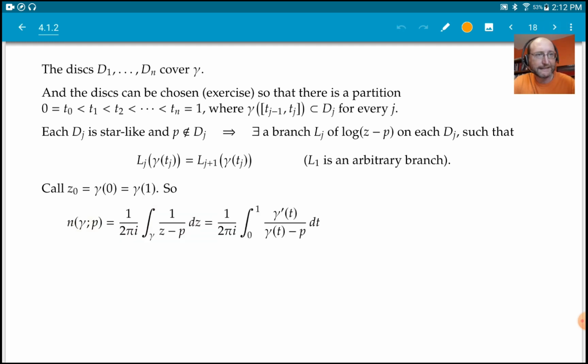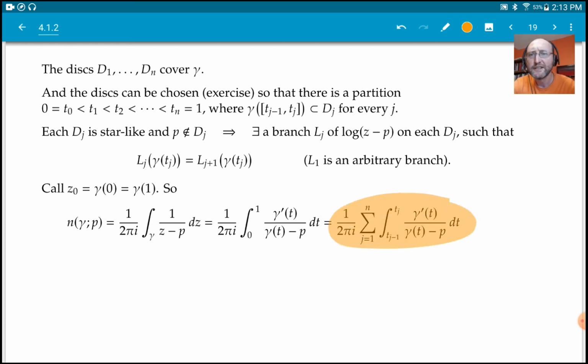Now let's just plug in the definition of the path integral. Let's make it into a Riemann integral, right? So we go from 0 to 1. Then the dz over here becomes gamma prime, and the 1 over 2 pi i stays out here. So this is what it is. Now, this thing I don't quite know yet how to compute, but this guy I'm going to be able to